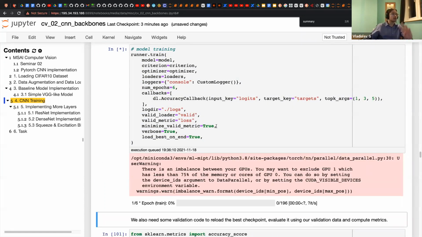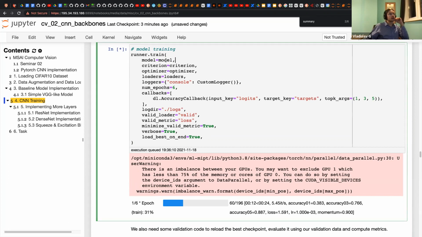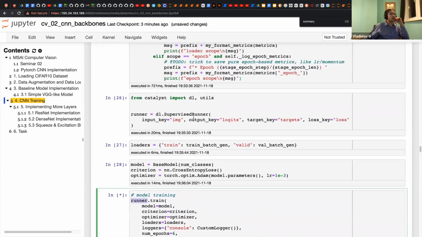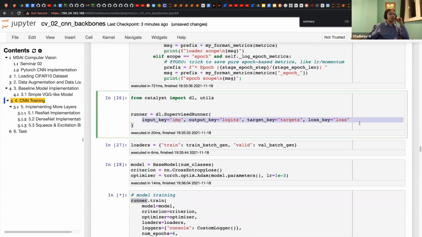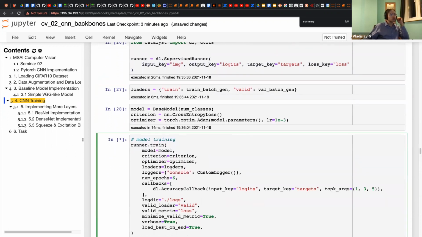I will call it now to have the learning process started. And let's look what we provide to that function. So we previously defined the runner, where we put some keywords, and here we provide model, criterion, optimizer, and loaders to our runner, and also we provide our custom console logger.